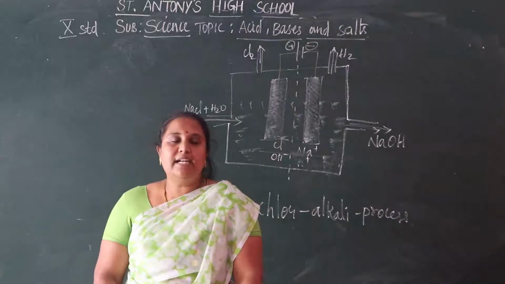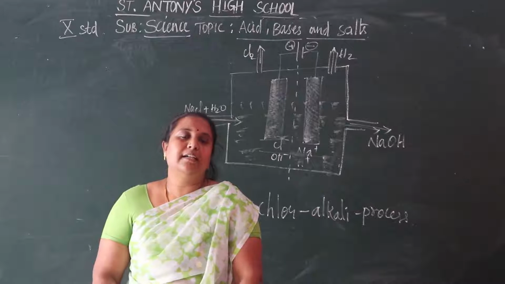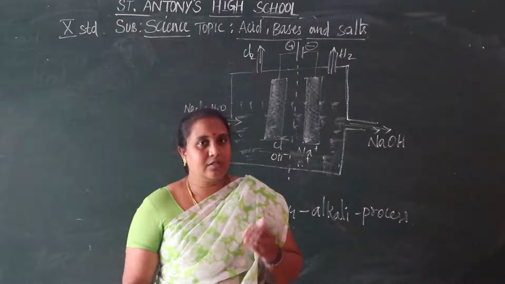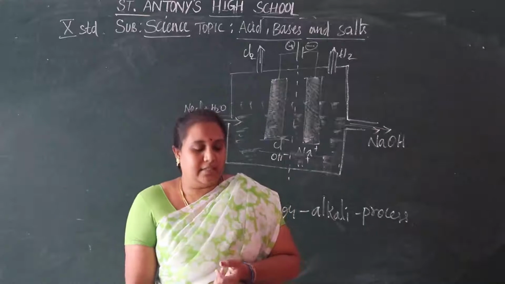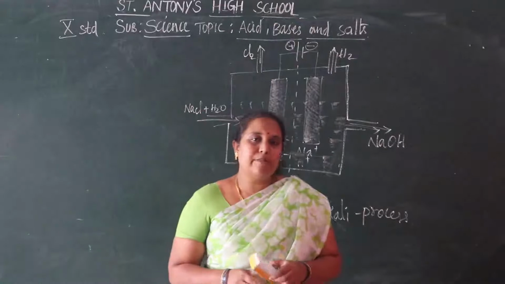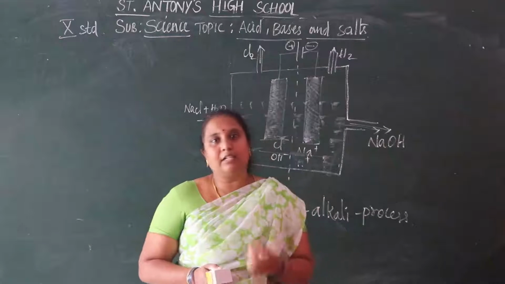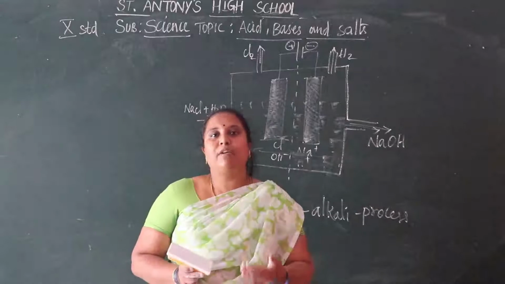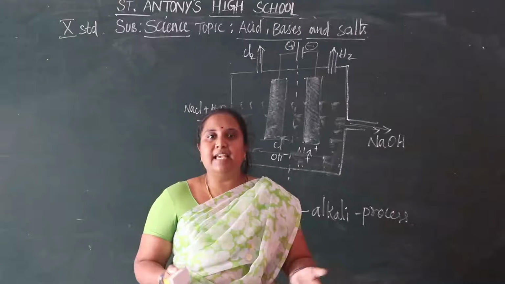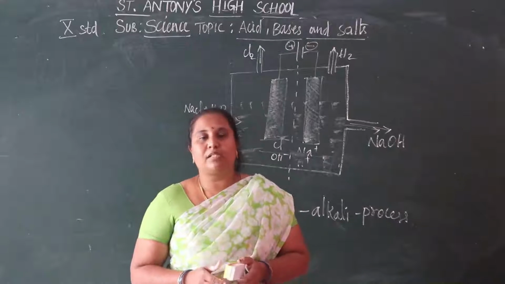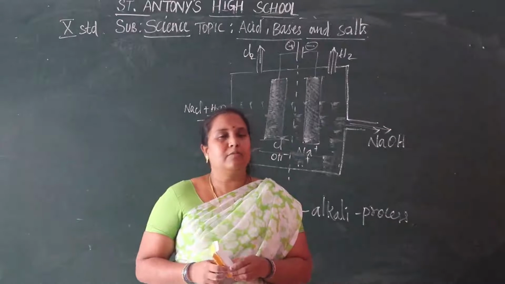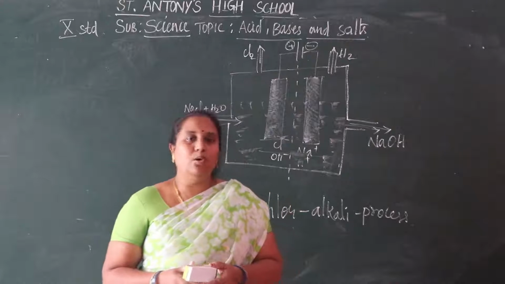It is a solid and yellowish white in color. Bleaching powder can be easily identified by the strong smell of chlorine. Okay, we can smell that bleaching powder, no? We can say it is easily used to bleach and clean. In many places we are using bleaching powder to clean surfaces.